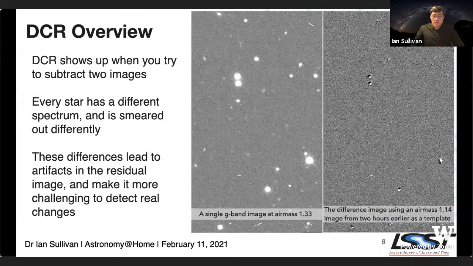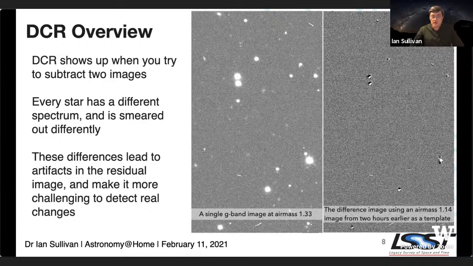And what does that look like? This is an example of images that are about at the resolution that we expect to take with LSST. And on the left, we have a science image. And on the right, we get the result if you subtract a template from just 2 hours earlier in the night. And over those 2 hours, it's picked up a little bit more air mass, astronomers call that, where